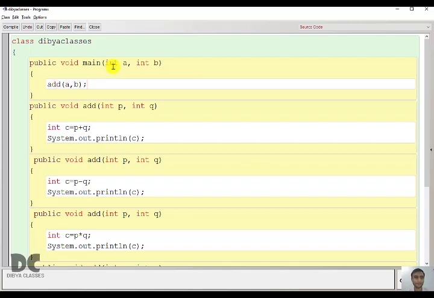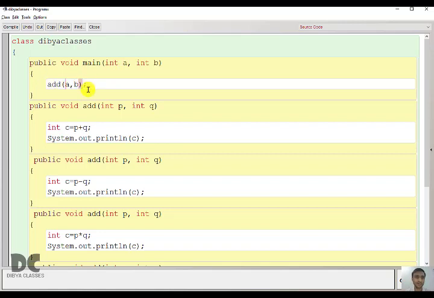So remember, this A and B will not have any data type, because we have already declared A and B here. A variable can be declared only once. We studied this in class 9. Inside a particular function, A can be declared only once. So you called add and gave him the values.